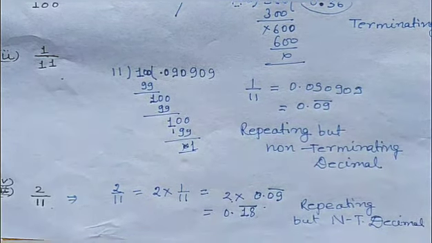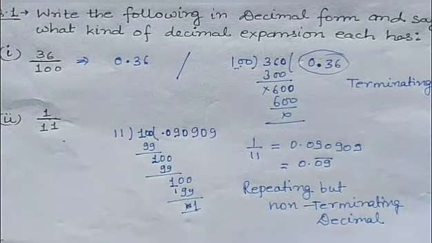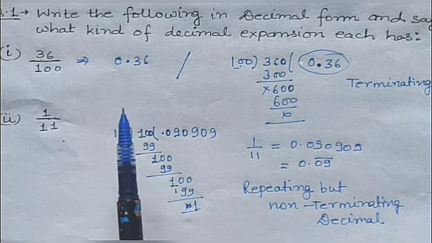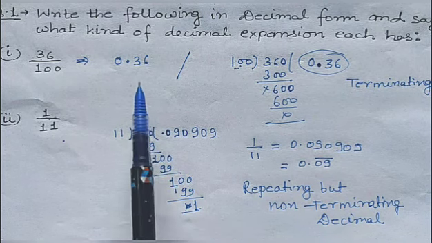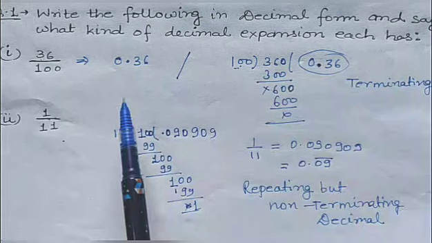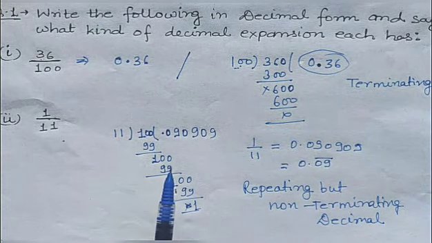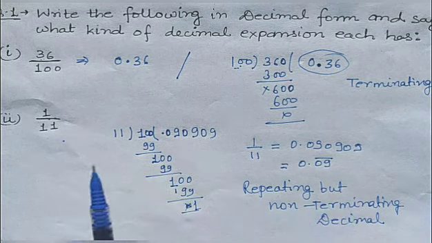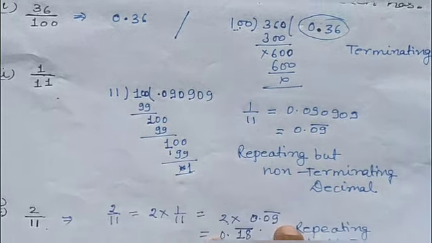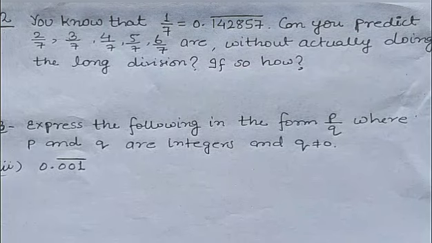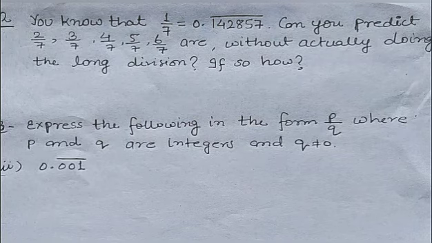Okay, so I think we have understood that firstly we have to divide the numbers, and after dividing we will decide what kind of decimal we are getting. If it is terminating, then it is terminating. If it is non-terminating, then we have to see whether it is repeating or not. Here, the examples that we have seen were both repeating. In question number 1, 6 parts were there; we have solved 3 parts and 3 parts are left, which you have to solve.